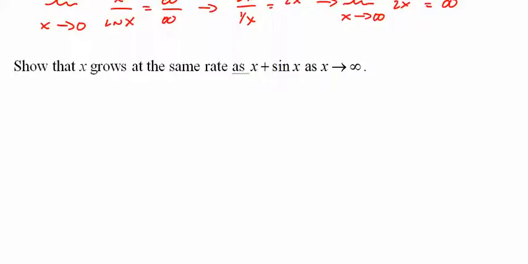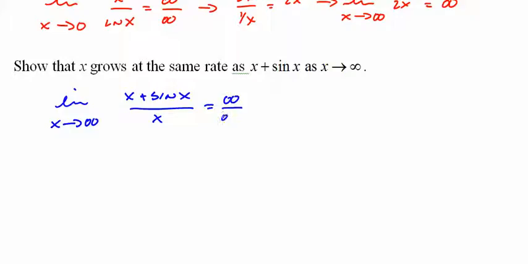Show that x grows at the same rate as x plus sine of x. So again, same rate, we should get a constant. The limit as x approaches infinity of x plus sine of x, I'll leave it on top because it should not matter, over x equals infinity over infinity. So we plug this in and get